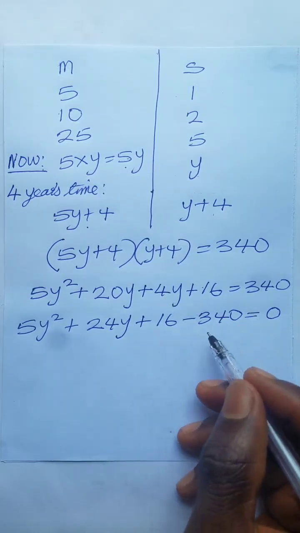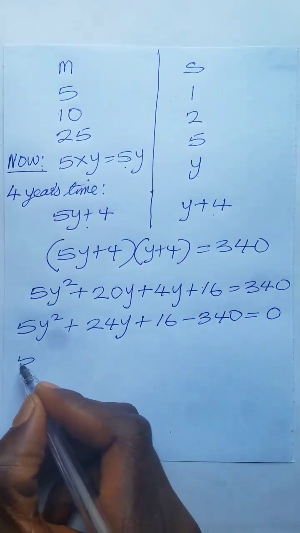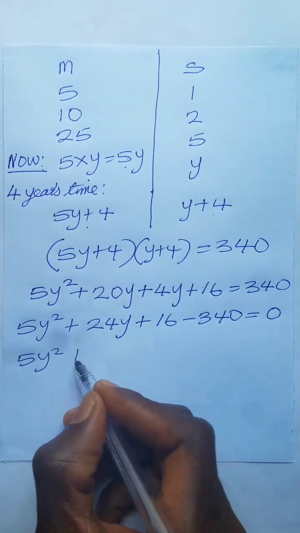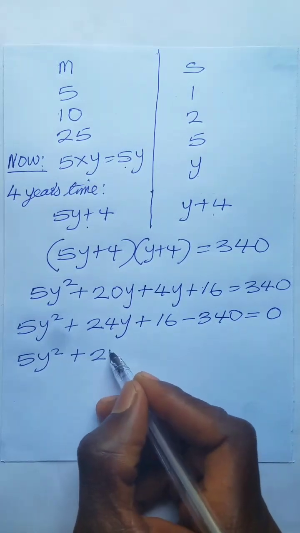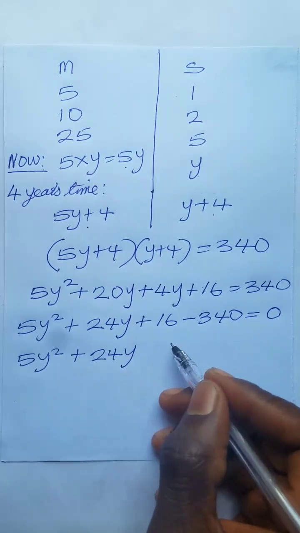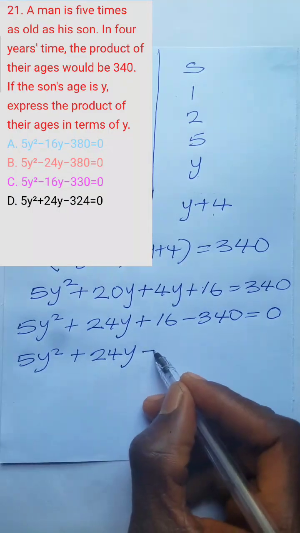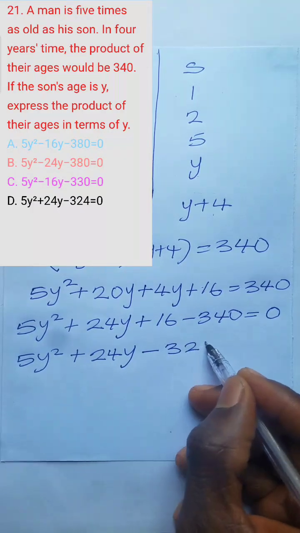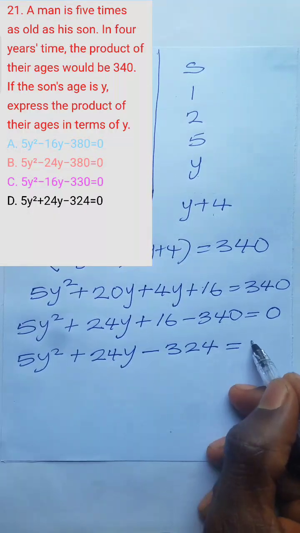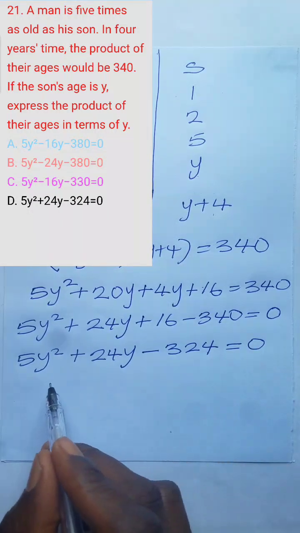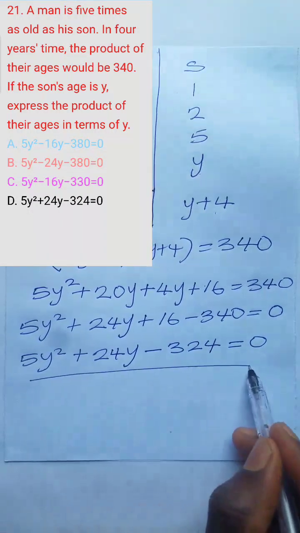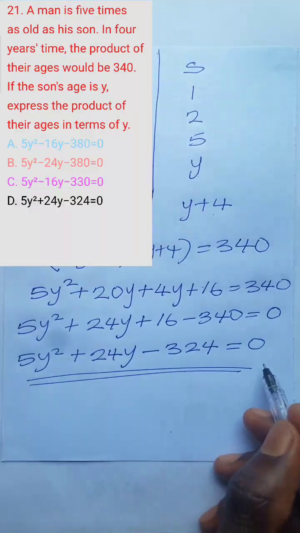It's beginning to look like some of the options. So we have 5y squared plus 24y plus 16 minus 340. What is that? That's minus 324 is equals to 0. In fact, nothing can be done to that anymore, and that is our answer, and that is option